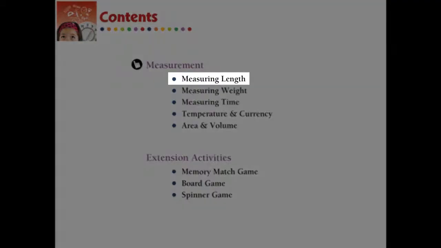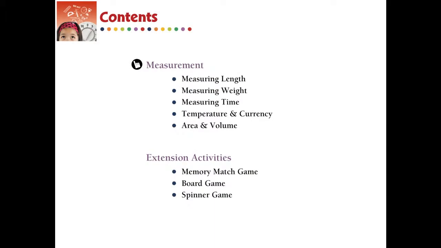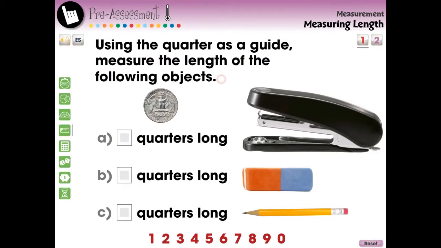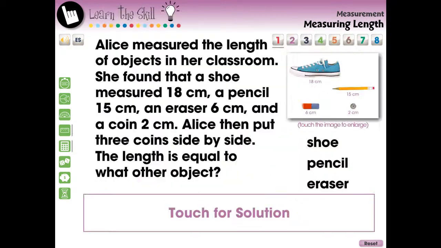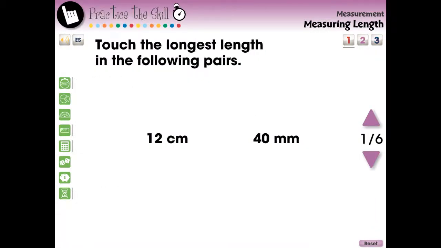For understanding measuring length for grades pre-kindergarten to 2. This chapter mini provides the required Common Core state standards and is aligned to NCTM and STEM initiatives. The content is in the form of pre-assessment, teach the skill, learn the skill, and practice the skill activities, along